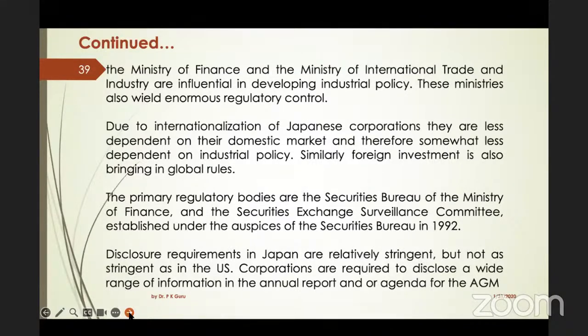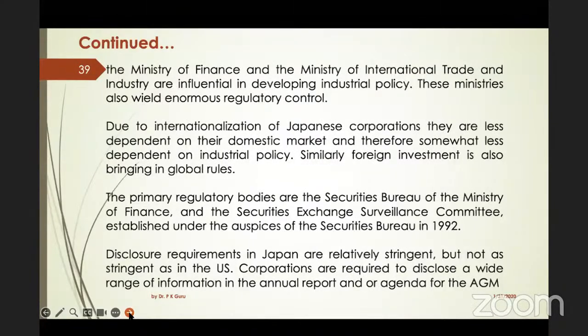Because of their spread beyond Japan and their revenue coming from other countries also, these rules and regulations don't influence them much. But they have to obey the corporate governance structure. They can't go out of it as long as they are registered in Japan. Suppose Sony Corporation, which is a Japanese company, starts an office in India, Sony Corporation India Limited. Then this company will have to follow the Indian corporate governance system for its day-to-day work.